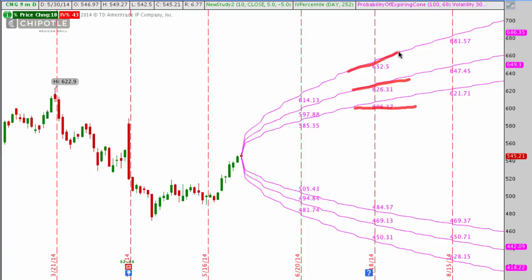So where you really want to use this in your trading is you want to take a look at these numbers and just make sure that if you're trading with 70% chance of success, then you want to be selling something above these levels, right? So you want to be selling something above that level or below that level. And this is just really something to give you a quick reference. You can still check the probability of each individual strike right in the trade tab, and we've gone over that a number of times. But these projection cones are really a good tool to use because most of us are visual learners. So if we can visually see where the stock may or may not be, then that actually might help us make a trade, or not make a trade that we shouldn't be making, going on into the future.